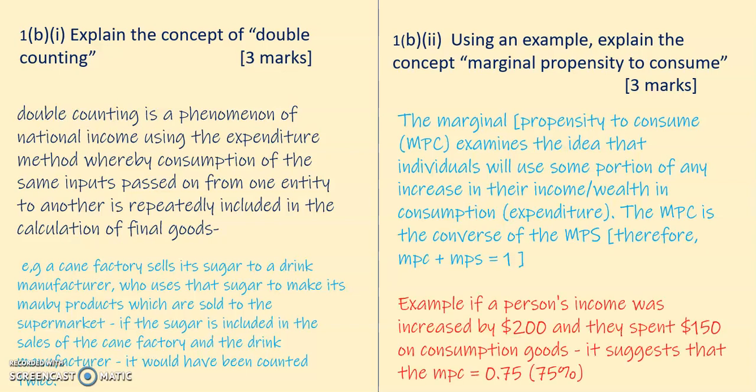For example then, if a person's income was increased by $200, and they spent 150 on consumption of goods, that would suggest that their marginal propensity to consume is 75%, right? Because the portion that they spent out of that additional income, they spent 75%, right? Now,